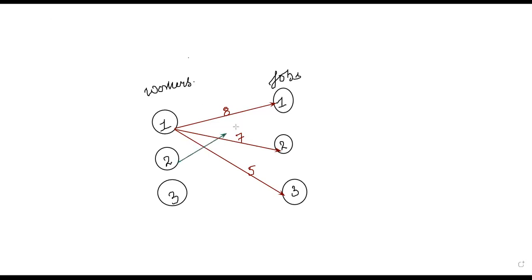Similarly, let us take the example here. The second worker is able to perform jobs number 1, 2, and 3, but with varying times or varying efficiencies. Suppose the time he is taking here is 10 units, or 11, or suppose he is taking 4. Similarly, we can take the example of person number 3 who is able to perform the jobs